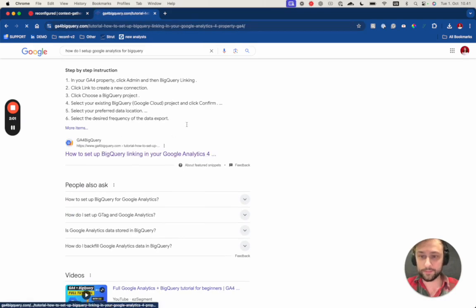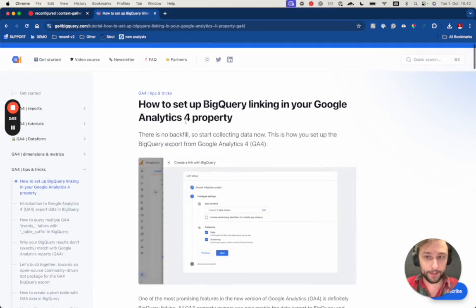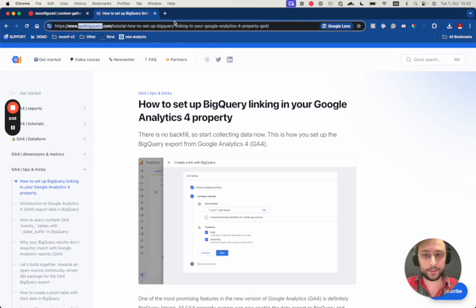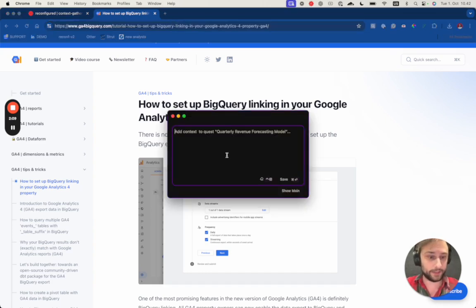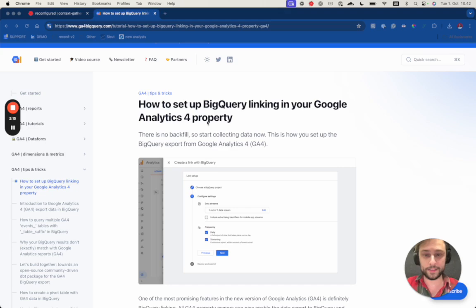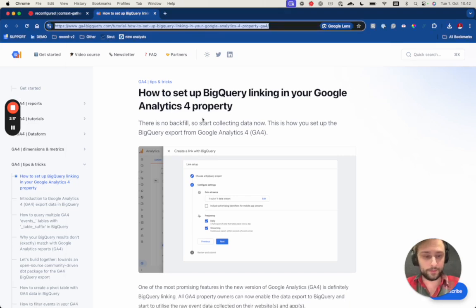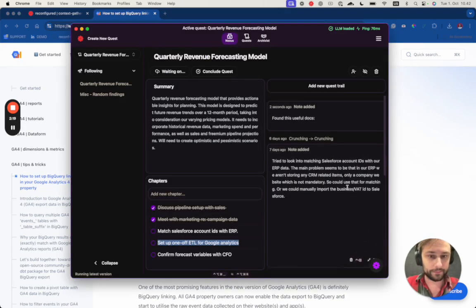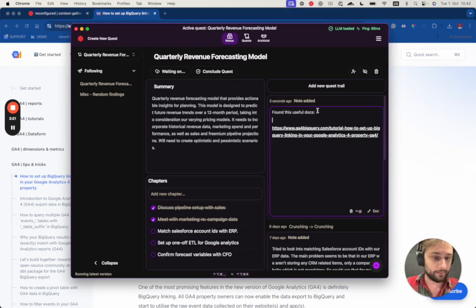Great. Here's a very useful link. And what I'm gonna do now is I'm just going to copy paste the link into the journal. Found this useful. Great. Now, what happened here is that I've automatically added this link or any other note for that matter into